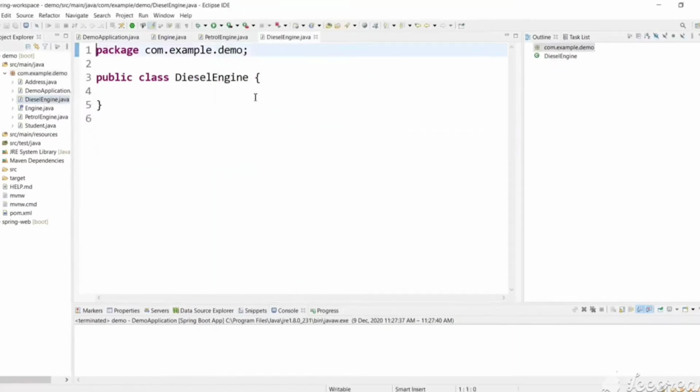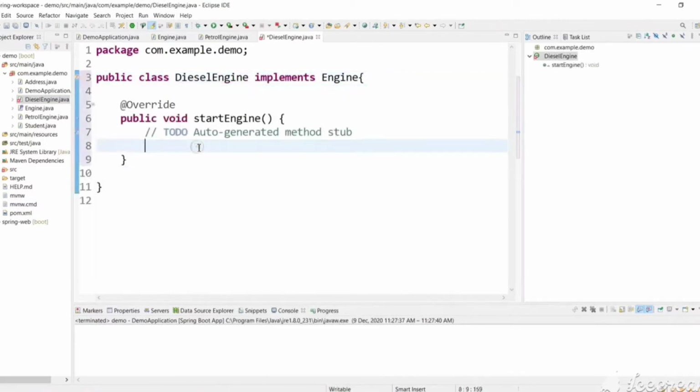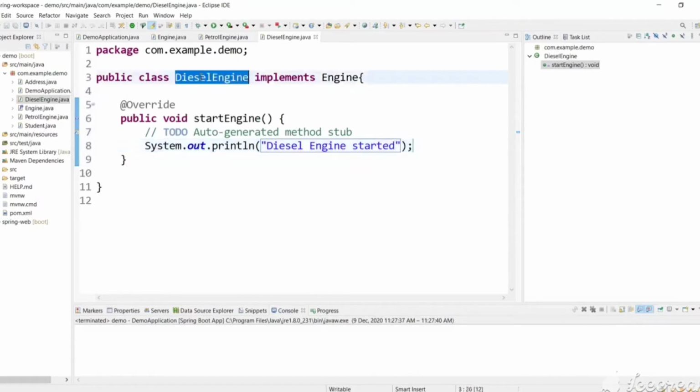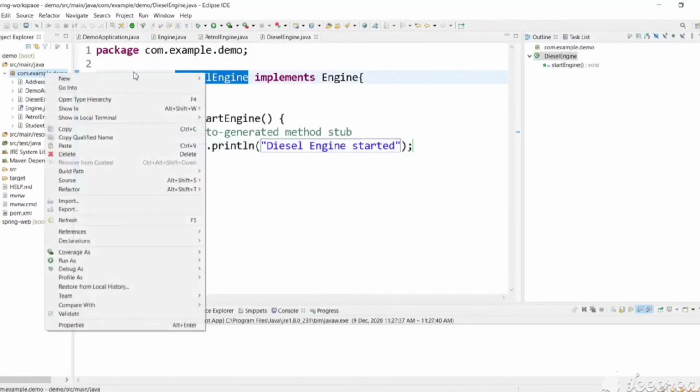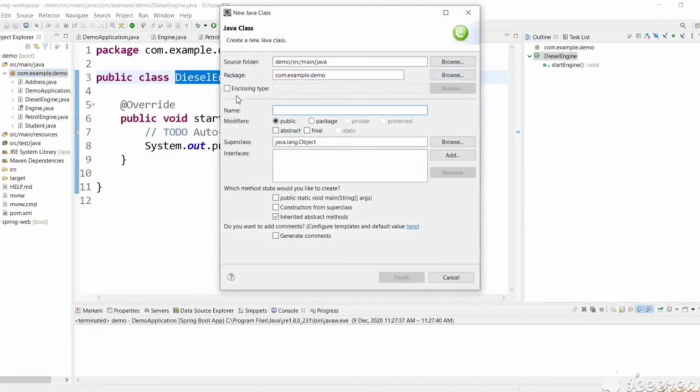Implement engine. Let's have an implemented function, give sysout diesel engine started. So we have created an interface of engine and we have created two implementing classes. Now let's have a car class,